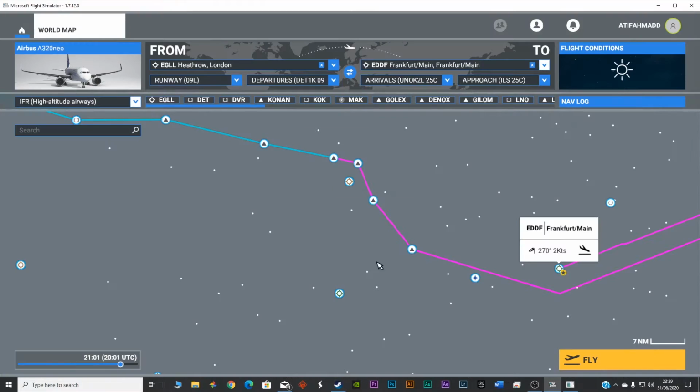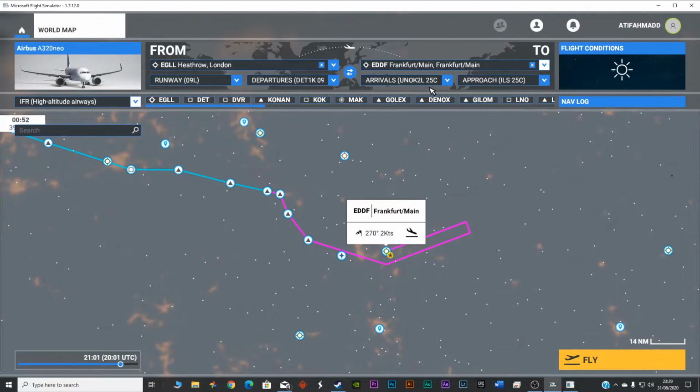We're going to stop here because, if you remember, I told you in the beginning that I know it's UNOC 2L25C. You learn it with experience. You have to make flight plans. You have to really practice that. But the simple point to remember is this, that the last waypoint was UNOC, and after this line, I think